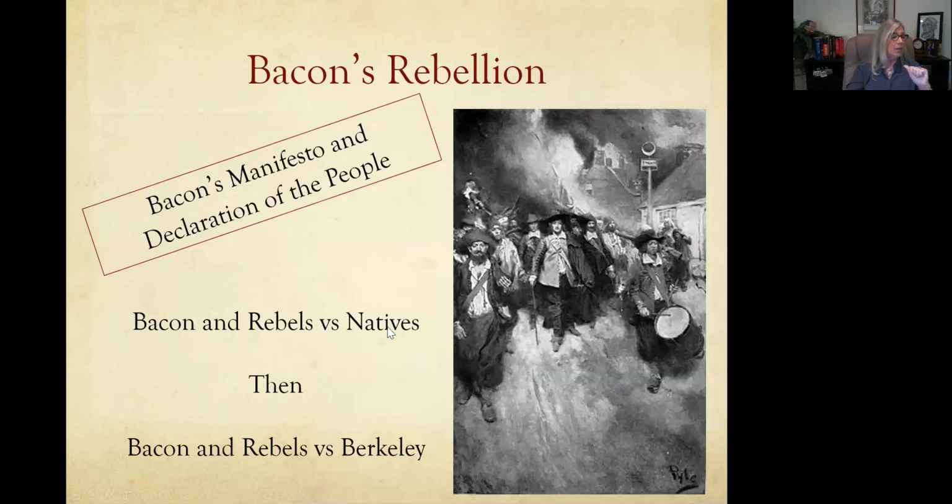All right, the last thing that we want to talk about today is Bacon's Rebellion. And this also starts as a conflict with natives. And this is based in Jamestown. So we're back in Jamestown. So I would definitely highlight this in my notes, that Jamestown, as tobacco takes off and becomes so very lucrative